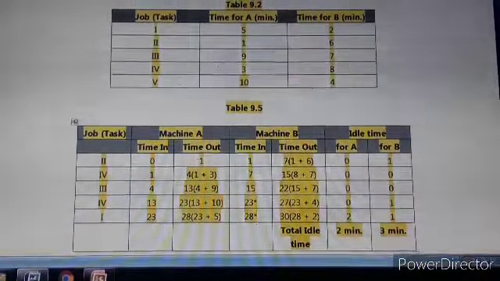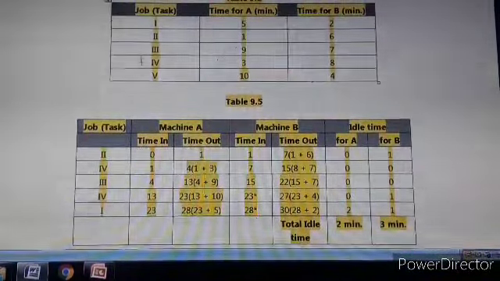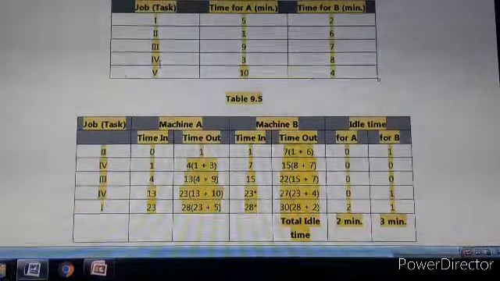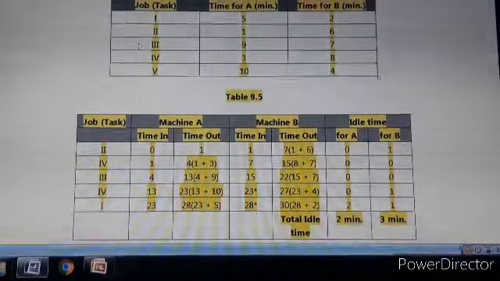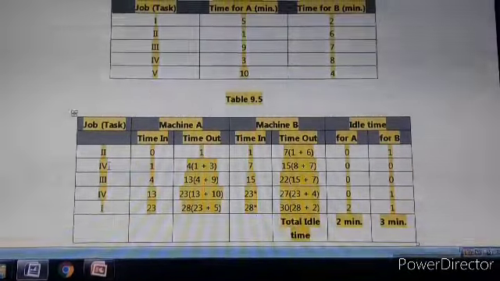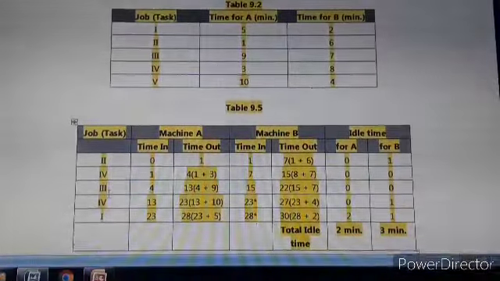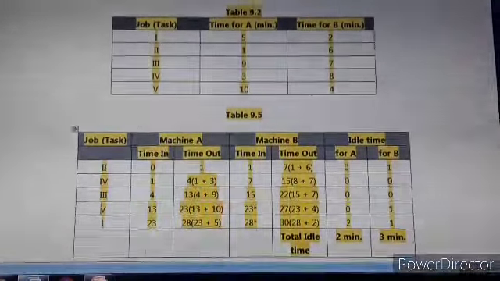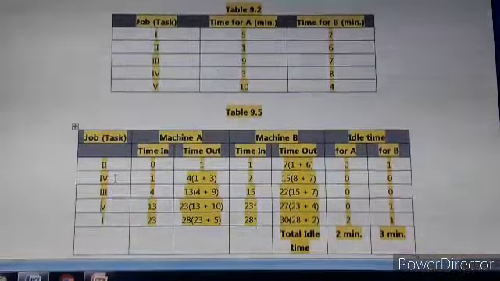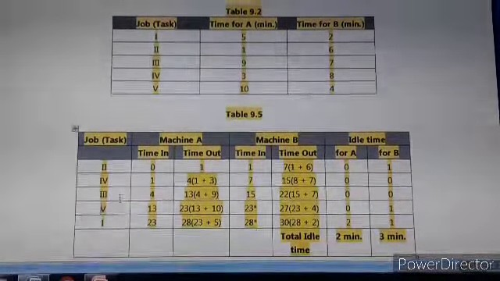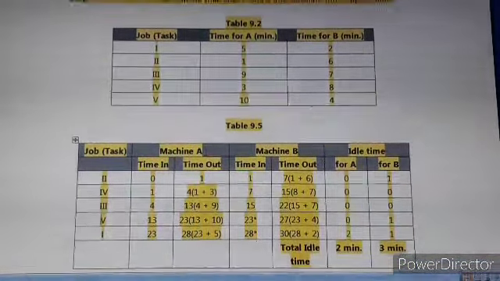Now let us start with the optimum sequence. This is the given sequence as per the statement, and this is the optimum sequence that we have defined. So here 2, 4, 3, 5, 1 is the sequence that we have determined just now, and we'll take that sequence and start with machine 1.